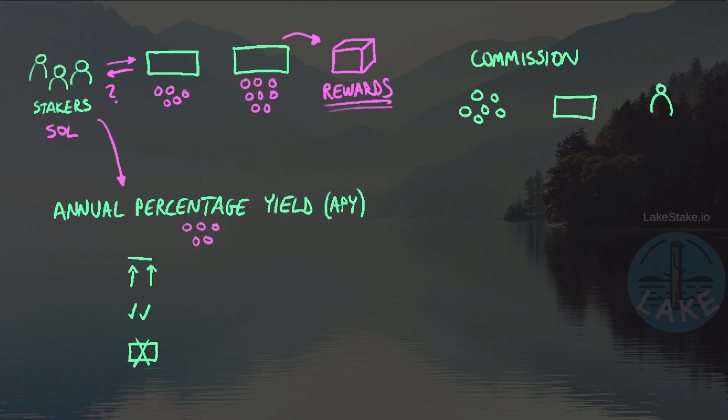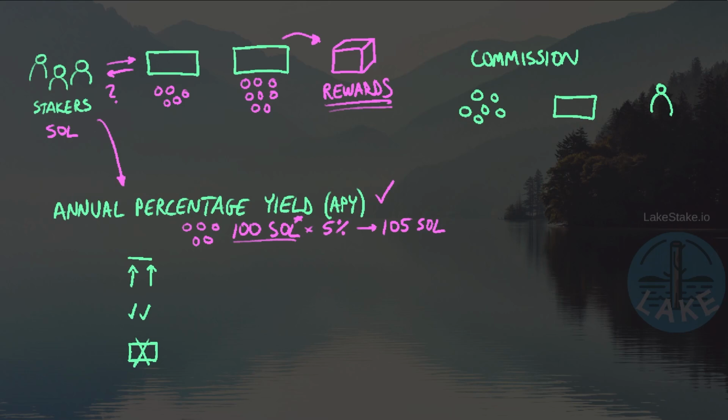So after a year, if a staker has staked, let's say, 100 SOL with a validator, and that validator happens to have a 5% APY, well, when we multiply this out, we're going to see that we actually have 105 SOL in that account at the end of the year. Yes, our wallets can actually increase the amount of SOL in them simply by staking them onto validators. Now, staking is optional. I could just sit on the 100 SOL, but then it doesn't grow over the course of the year. And so this is absolutely a wonderful benefit to participating in a network such as Solana.